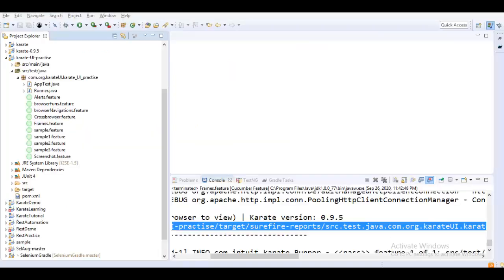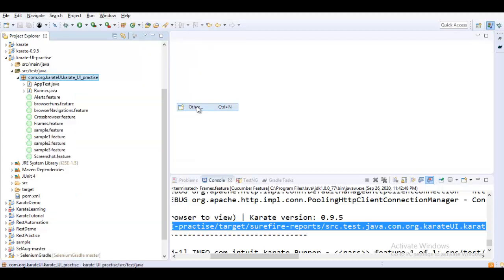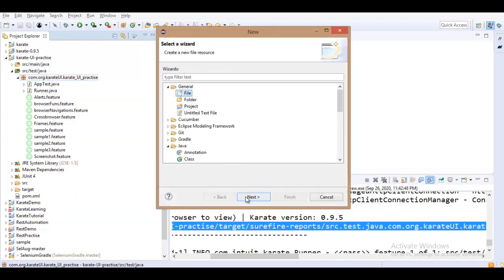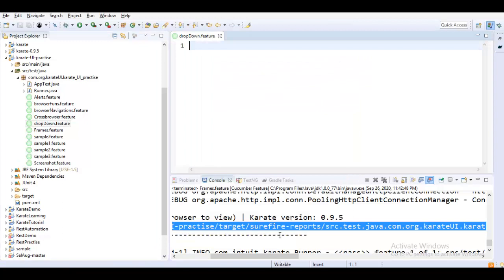Let's try to select one of the values from this particular drop down, and then we will understand how this really works. Let me create a feature file, and I would name this Dropdown.feature.